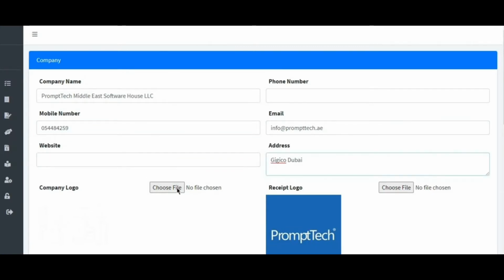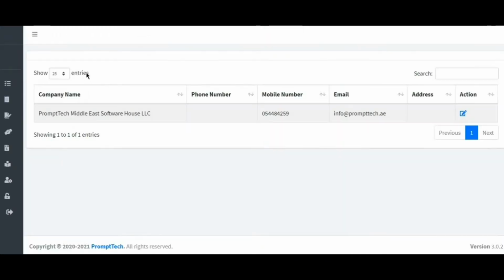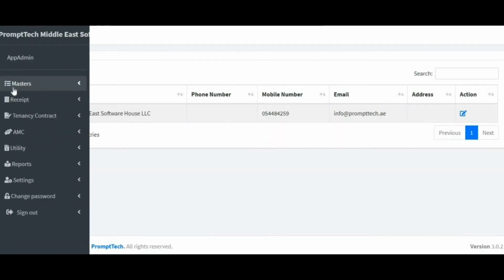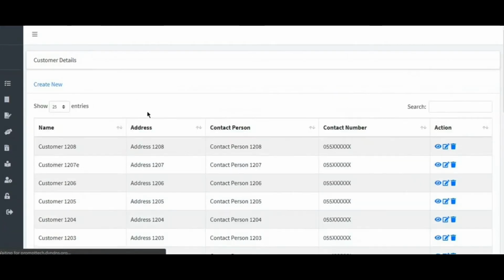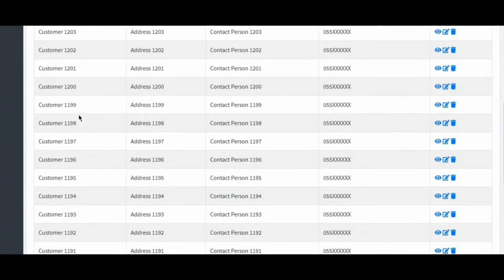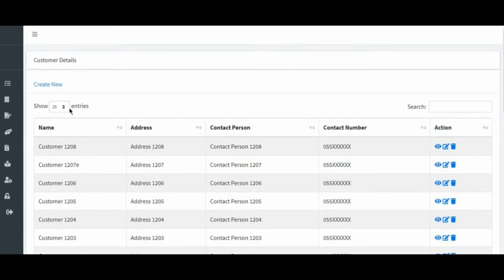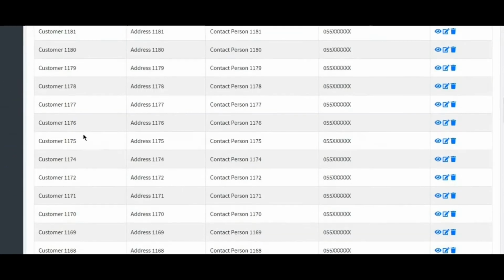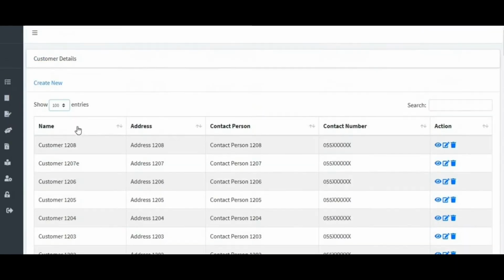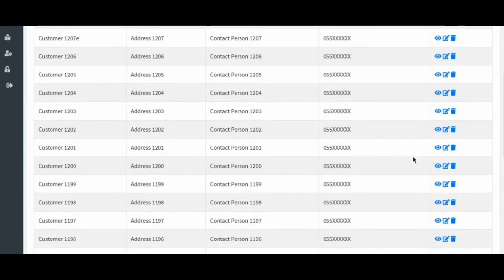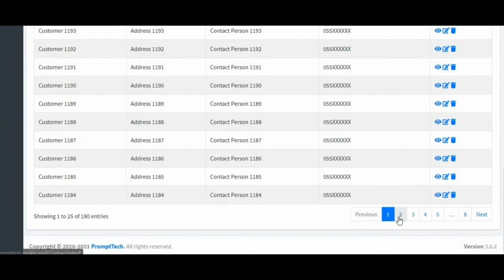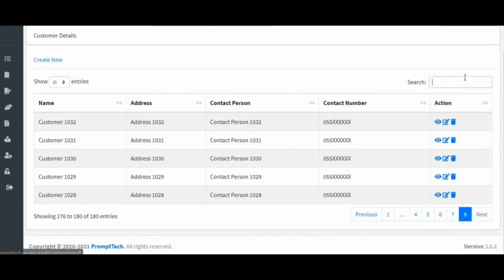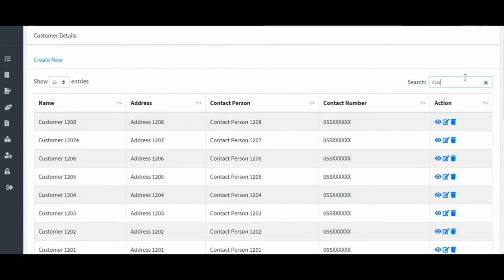Next we'll talk about the customer details. Obviously you'll have a lot of tenants staying there, so you can list down your tenant name, address, contact person, everything. You can keep on creating new tenants. There's also a search option, so you can search tenants. There's no limit, you can add as many people as you want, and if you want any particular person, you can find them from the search option. It will be very easy to find when you are searching. So it's a very easy software which is made for day to day use.